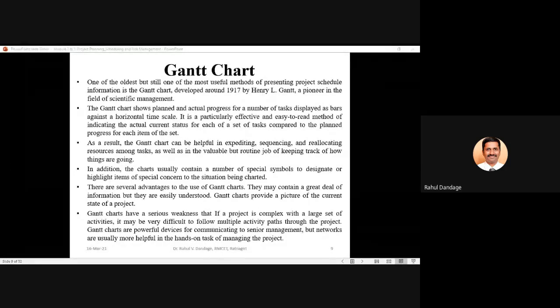So this gives a true picture of the progress of your project, and that is very essential for any project, that everybody should understand the current state of the project.